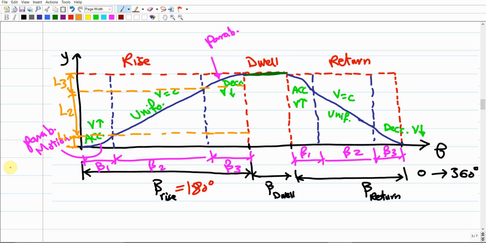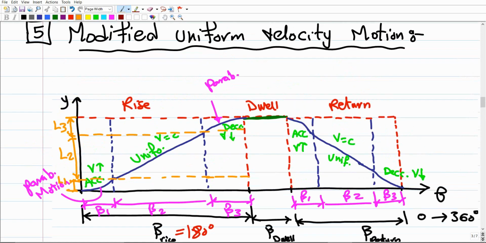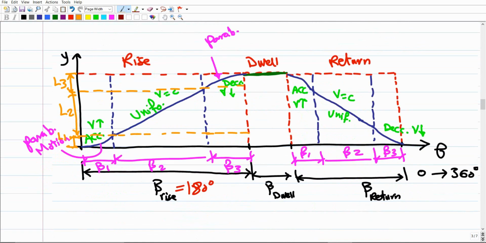So it means that the breakdown of the rise period, the same thing would be applied for the return period. It would be specified either by L or by betas, as already given. So I would give you either beta 1, beta 2, beta 3 or L1, L2, L3 to know exactly the breakdown of the acceleration, uniform velocity and the deceleration periods of the modified uniform motion. Make sense? So let us work in the beginning in case that beta 1, beta 2, beta